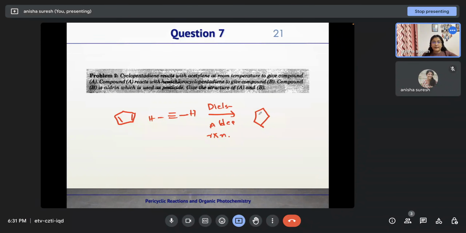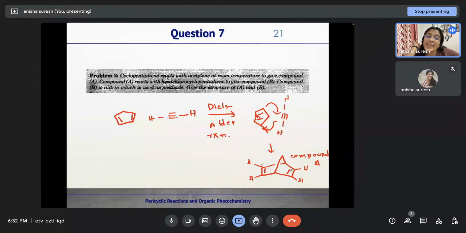So this could be written in this fashion. Two double bonds will be there. This will be compound A. Now having compound A in hand, the compound A is reacted with